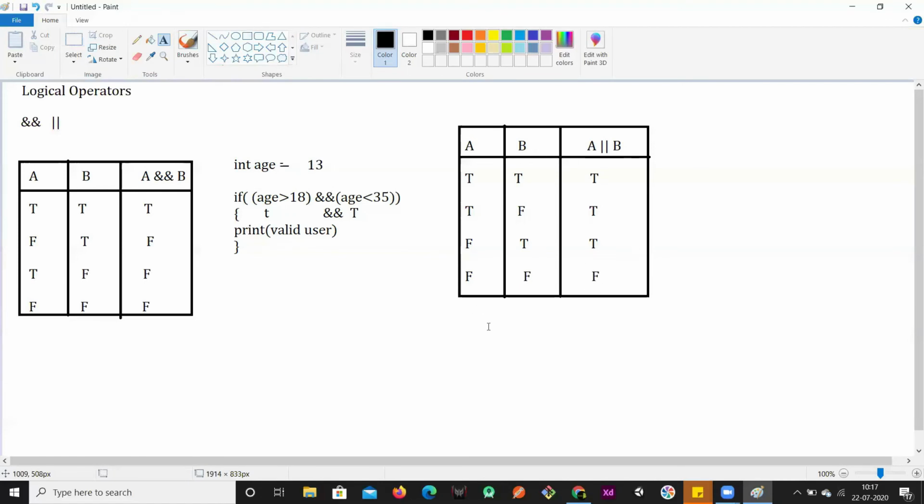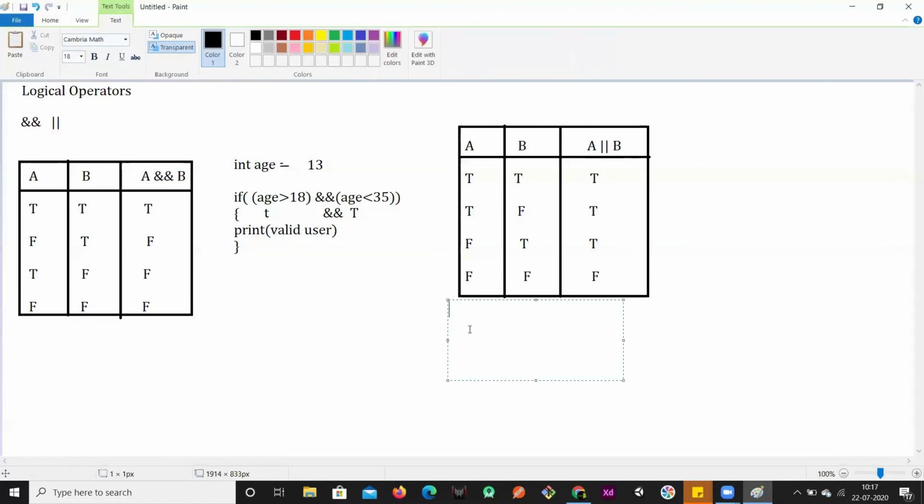Okay, so like we can say, this is not the appropriate example, but I'm just explaining the usage of it. So if we take the same thing, if any one of these conditions is satisfied, then the entire expression result will be true.